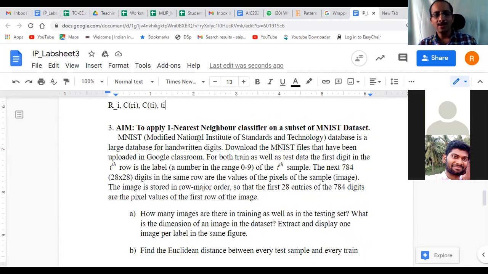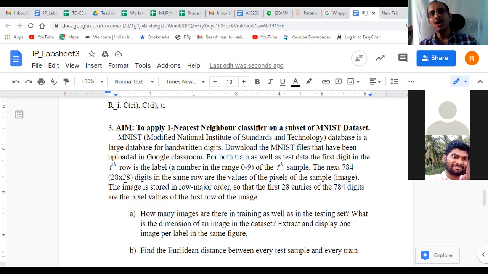The third one is the nearest neighbor classifier. Now I thought of starting small experiments or programming aspects using image processing and machine learning together. The first exercise is on the nearest neighbor classifier. Assume that I have some handwritten digits, each of them 28 by 28. The digits range anywhere from 0 to 9, so 10 digits.